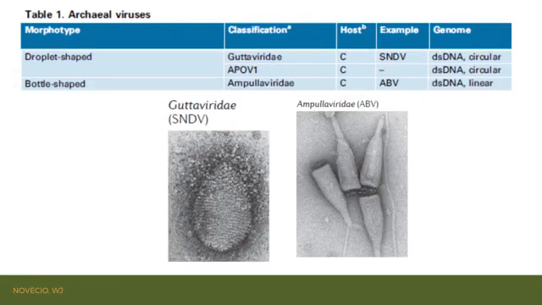There are also unusual archaea-specific morphologies, such as bottle- and droplet-shaped viruses. For example, Acidianus bottle-shaped virus, or ABV, and Sulfolobus newzealandicus droplet-shaped virus, or SNDV, infect hyperthermophilic Crenarchaea and represent the viral families Ampullaviridae and Guttaviridae, respectively. The bottle-shaped virion of ABV seems to be rather complex, and the genome is most likely in a nucleoprotein filament, forming a cone-like structure that is surrounded by an outer layer, and the tip of the bottle is formed by a separate structure.